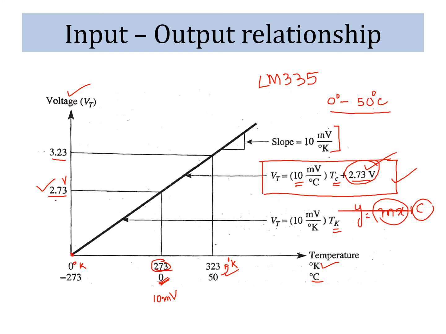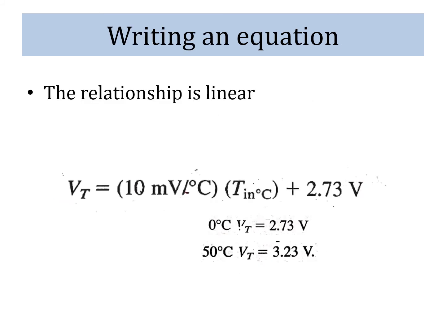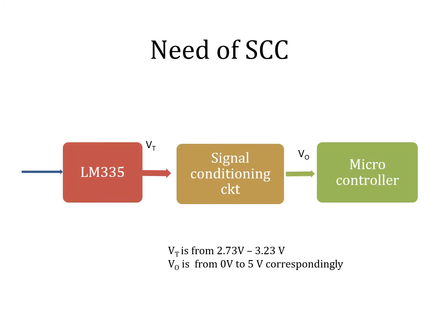Now let's see again, holistically, what our design should look like. So the relationship is linear now. We know in temperature it is 10 millivolt per degree centigrade plus 2.73 volt. So we will build our circuit around this linear relationship. So there are two things we should keep in our mind. That is, why do we need a signal conditioning circuit? Because whatever output we are getting here is in the range of 2.73 to